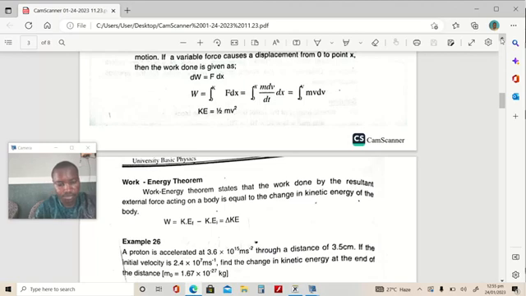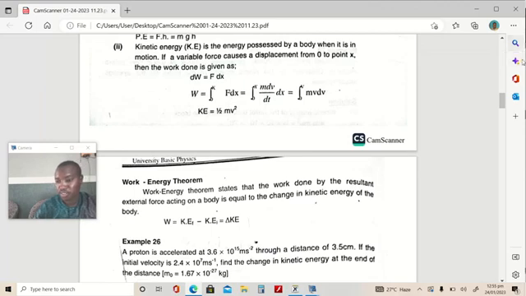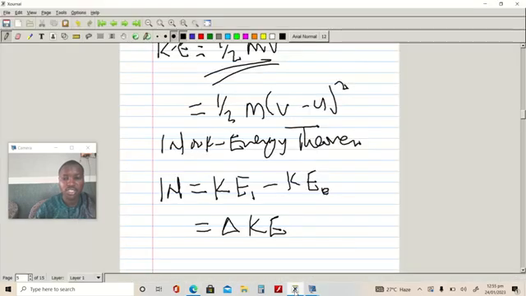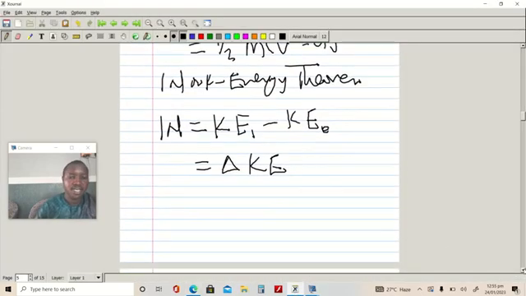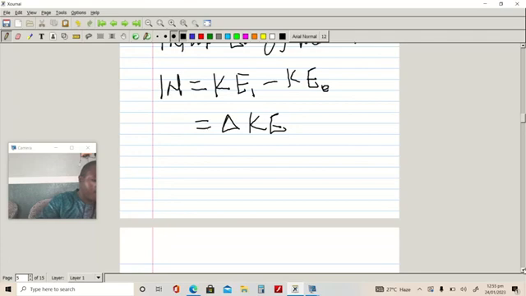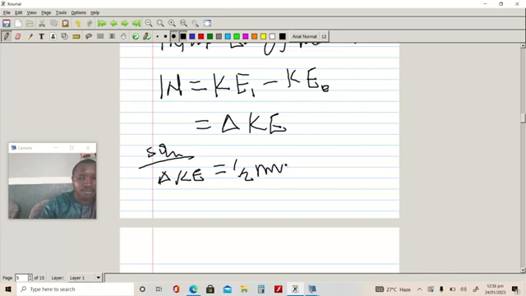And we are given the mass of the proton to be equal to 1.67 times 10 to the power minus 27. So we are asked to find the change in kinetic energy, which is in the form of the formula we have written up. Solution now. Change in kinetic energy, delta KE, is going to be equal to half mv squared minus half mu squared. And then using